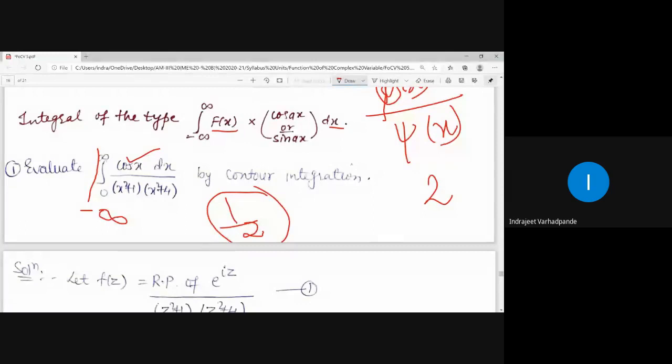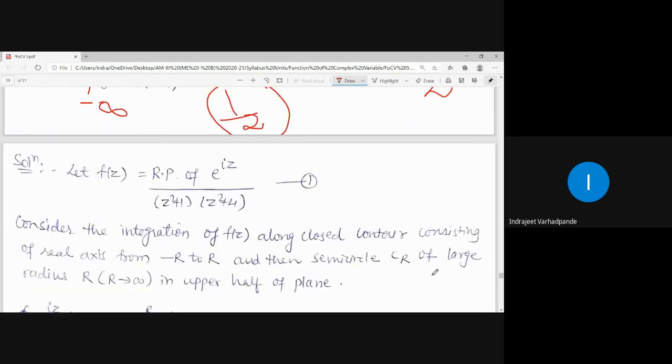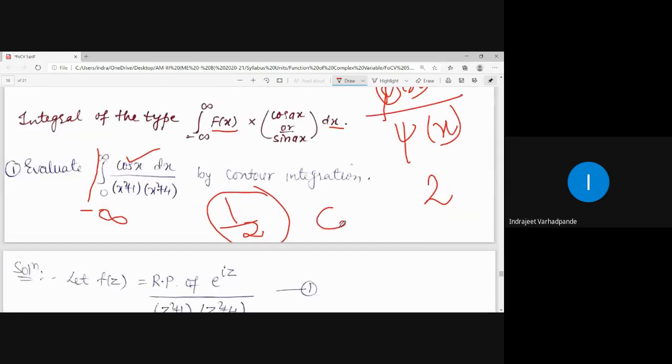initially we had the limits as 0 to infinity. In the meantime we will be solving it for minus infinity to infinity. So at the end, for the original question, we have to multiply the complete term, or the answer, by 1 by 2. So I told you cos x is the real part. Cos x plus i sin x will be e to the power ix.